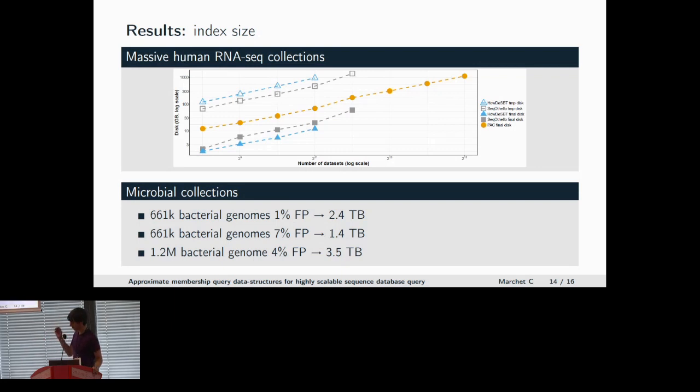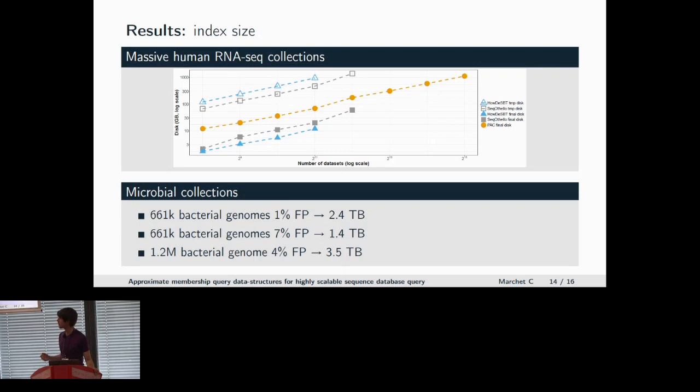But a very important practical point is that those tools rely on very, very large temporary disk files, which means that in practice, you are not able to build those indexes if you don't have huge amounts of available disk. Once again, if we really aim to scale, it may be a problem to build this kind of index if you don't have a very large and efficient hard drive. On the contrary, PAC doesn't use any temporary disk, so everything we write on the hard drive is